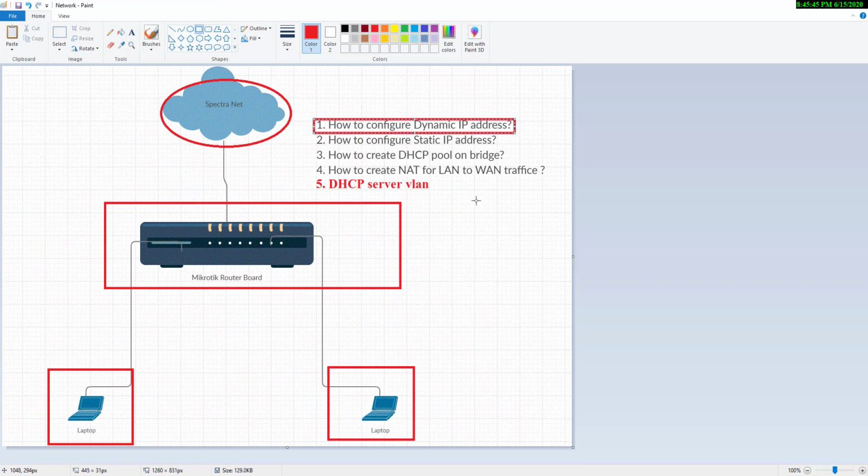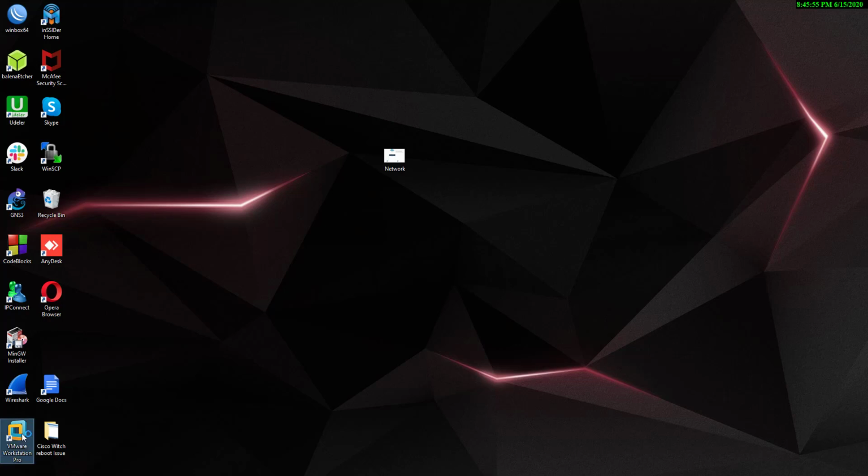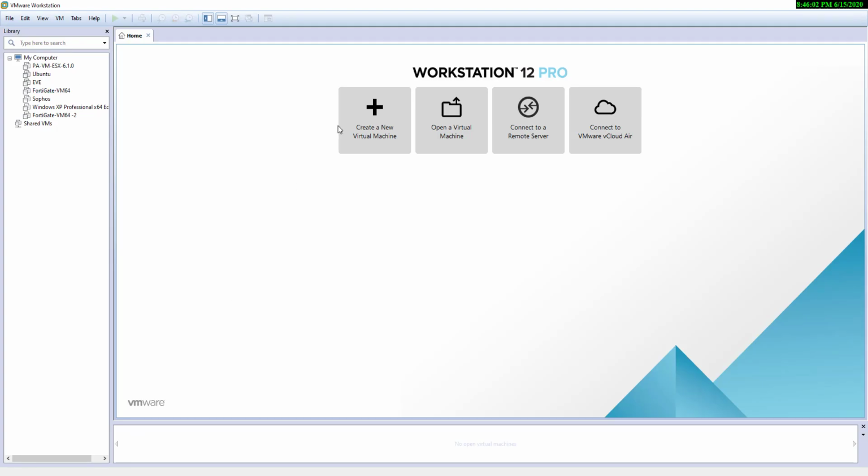I don't have the MikroTik router board connected to my laptop, so we will do it in VMware. I'm going to open my VMware Workstation. I have already installed it. If you want to install it, please comment below the video and I will make another video on how you can configure the workstation, and how you can configure internet, MikroTik router boards, multiple firewalls, switches or routers in VMware Workstation.